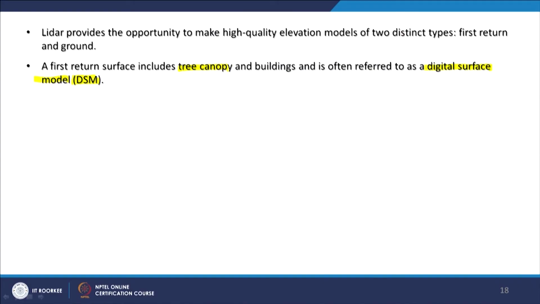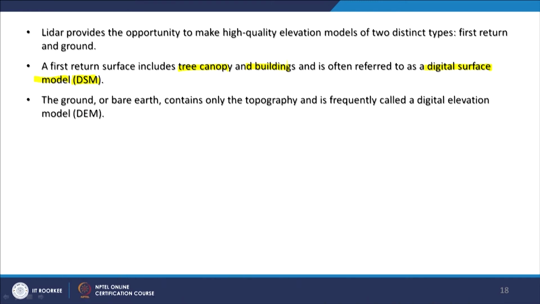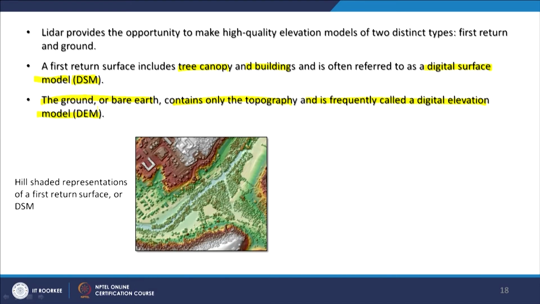So, when the trees, buildings and canopy are included in our data, it is called the DSM. But when it becomes the bare earth or bare ground which contains only the topography, it is better known as a digital elevation model.